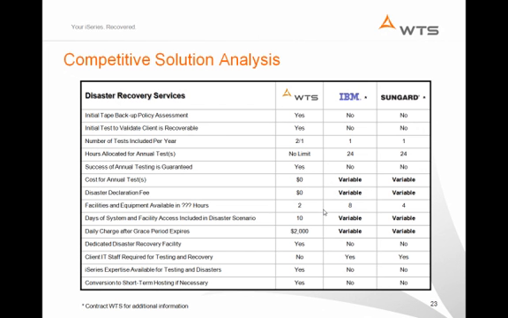Here's a comparison of third-party provider solutions to that of WTS. We'll come in and do that tape assessment for you, making sure that what's on your backup media meets the recovery guidelines of your organization. We'll actually do a recovery test with your team, and we'll do that 2 times the first year and once each year subsequently. There's no hours allocated to the test with WTS. We're going to guarantee the success of your test as a part of that process.